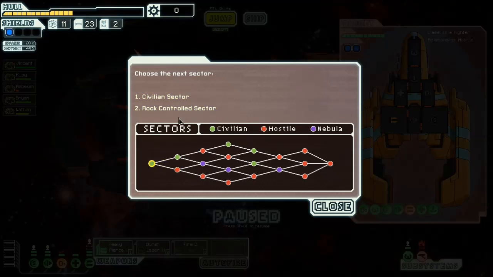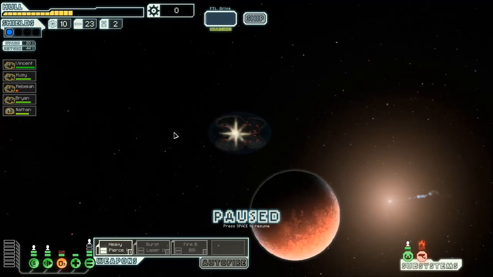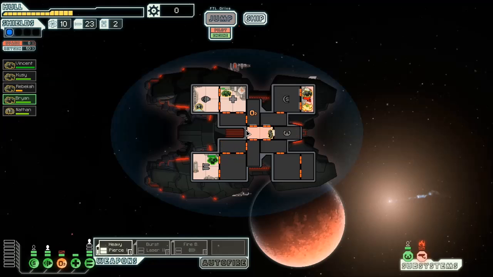Rock sector, civilian sector. You know what? Let's hit the rock sector. There we go. So it is high time to lick our wounds, because we have stuff that is on fire. That was a pretty brutal rebel ship for Sector 1, but I guess not that brutal because it...